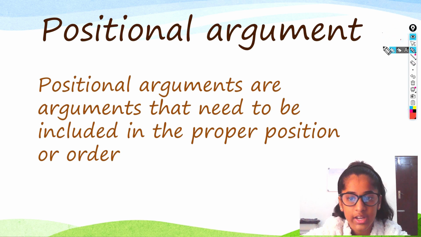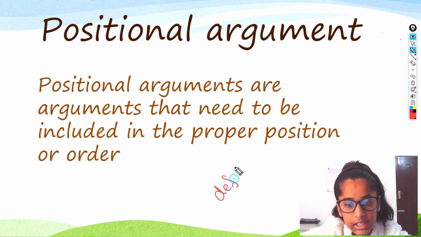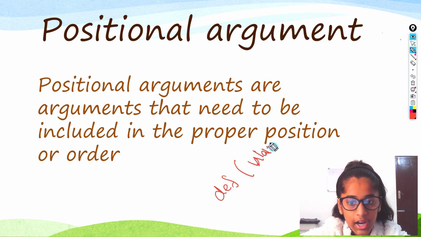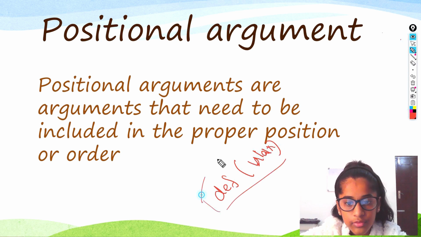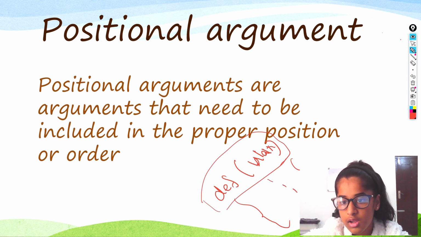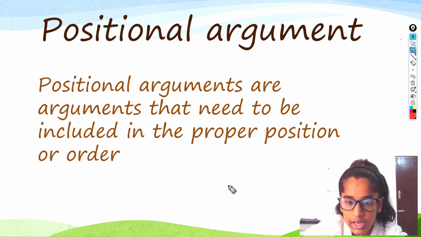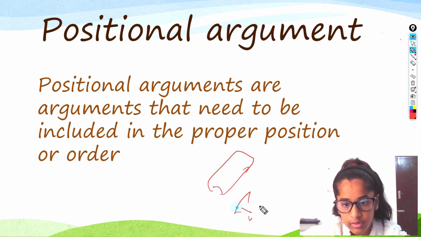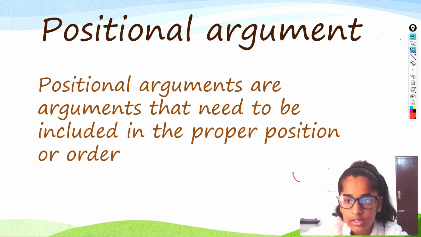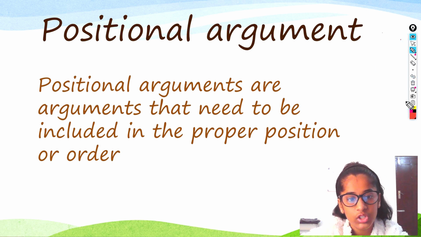First you need to know what exactly a function is. A function is like we're going to say def walk. Here we have to check the conditions. Whatever we have to do in the walk, you can't always list what you have to do each time you walk. So rather than that, we're going to create a function and then call that function wherever we want. That's what a function means. Inside the function, we're going to have a few arguments. So here comes one thing called the positional argument.